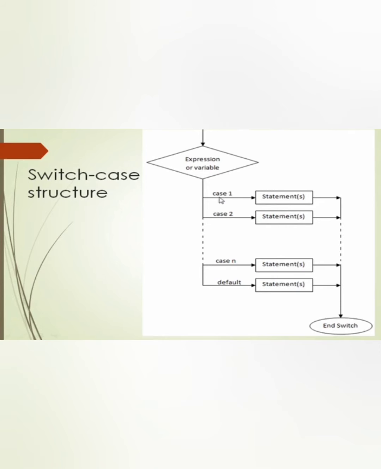The control decides the execution of a specific case based on the control variable value. If the value of the control variable is 1, the control goes and executes statement 1. If the control variable is 3, it goes to case 3 and executes statement 3. Likewise, if the control variable is not there in the cases, it executes the default statement.